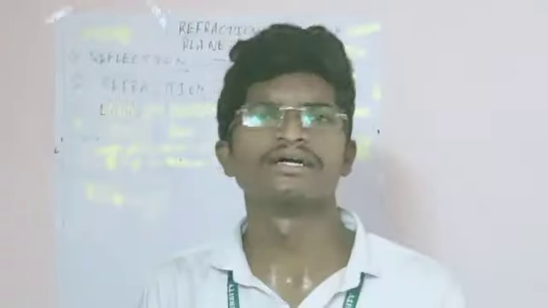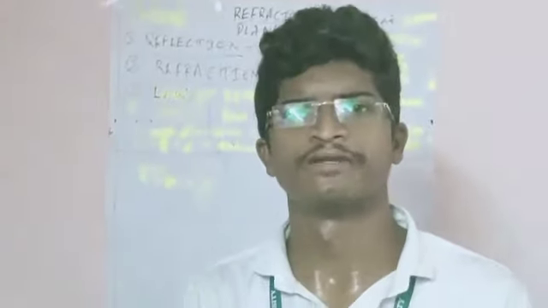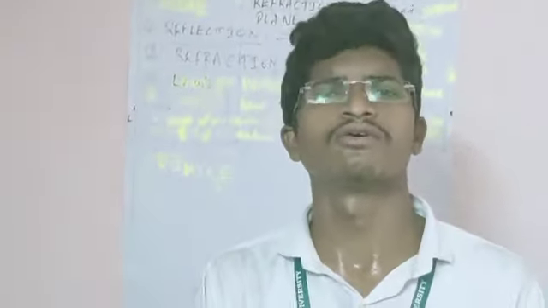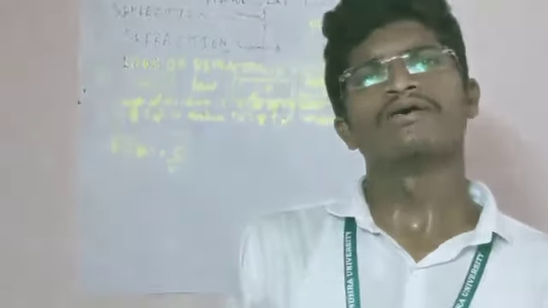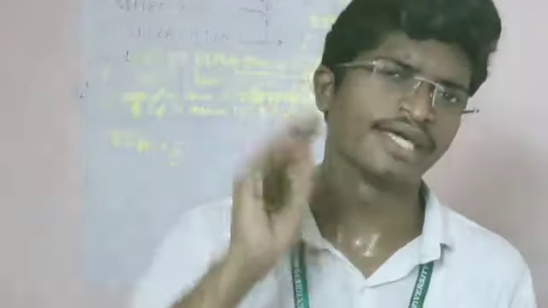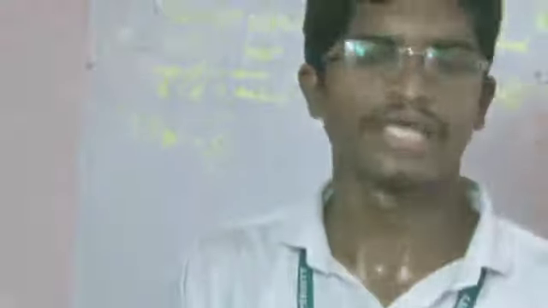You can calculate the mathematical values. If I have given the n1 value, you can find out sin r value and i values. You have to find the angle of incidence and angle of refraction with respect to the medium, whatever it may be. Whether I give you the air medium and kerosene medium, whatever the medium, you have to find out the angle of incidence and angle of refraction. I will give the 3 terms and you have to find out the other term.